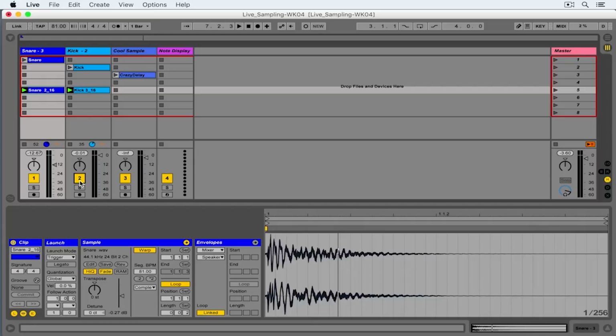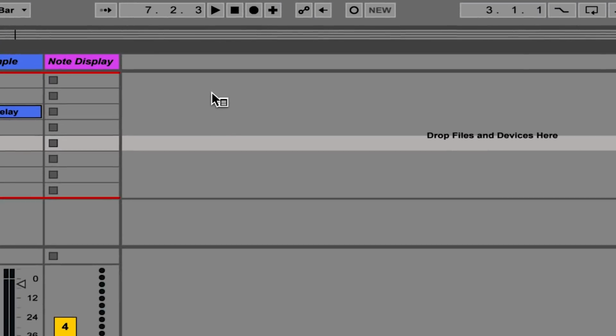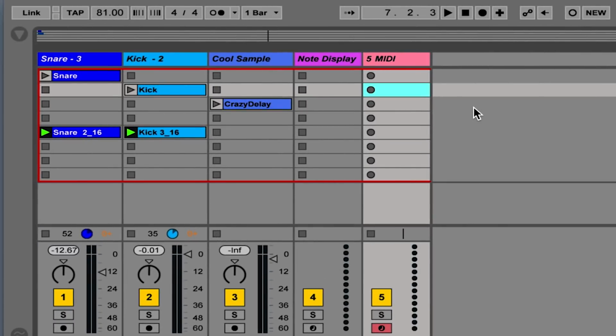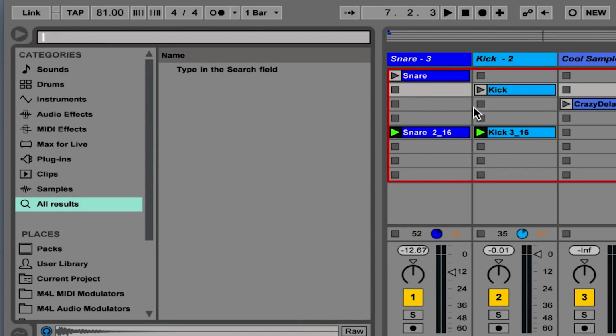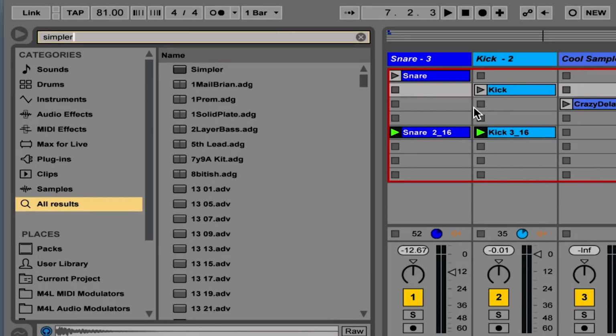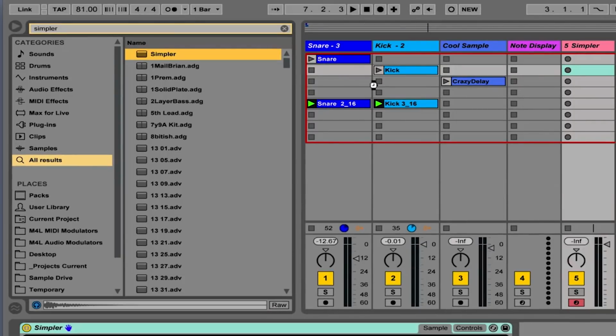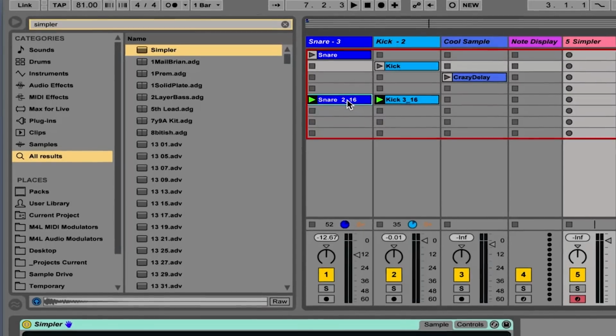Now to build the synthesizers. I'll add a new track, this will be a MIDI track, and I'll put a simpler in it. To do that quickly, I'll hit Command F for find, Control F on a PC, and type simpler. That'll bring up simpler in the find box there. Then the down arrow key and enter adds a simpler, and I can place my new snare 2/16 clip right